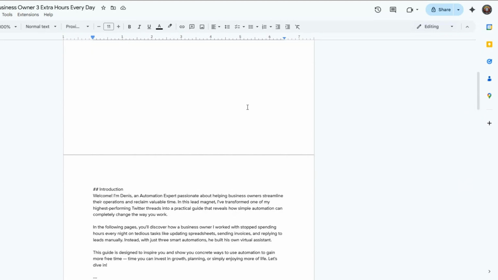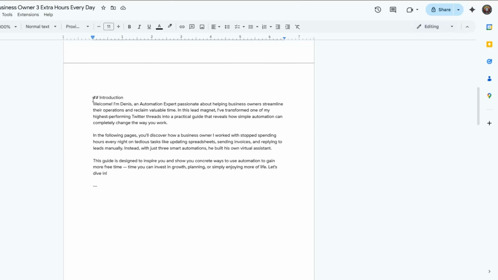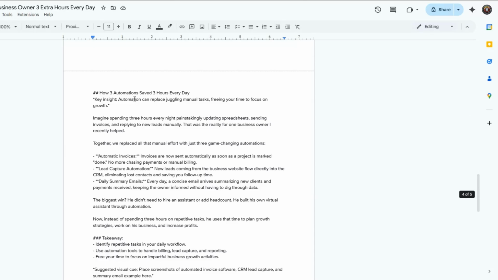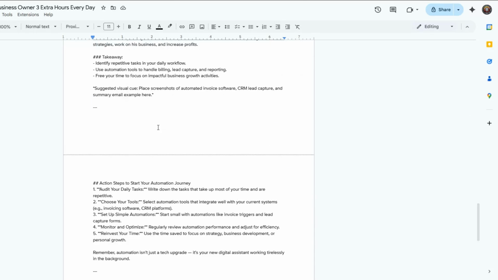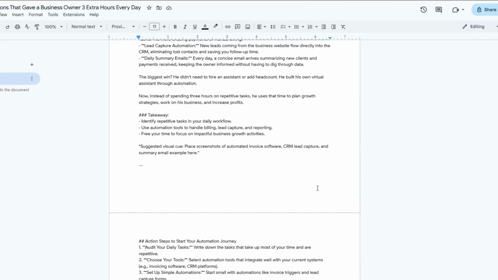This is incredible. So this is the title of the lead magnet, the introduction section, table of contents. Then we're going much deeper into the lead magnet right here with all the various sections, including the about, the other section, and the call to action over here. So we generated this incredible lead magnet,